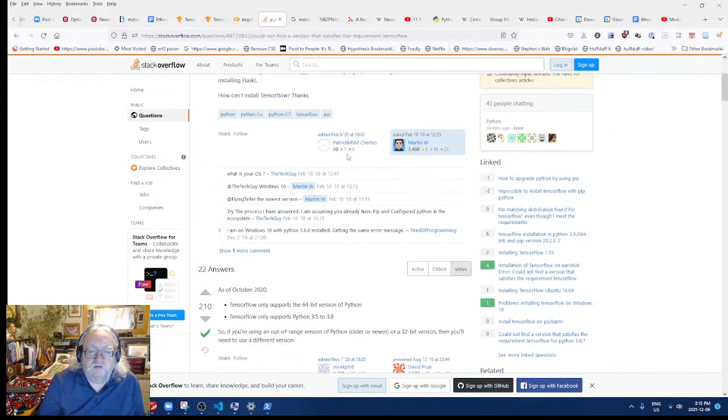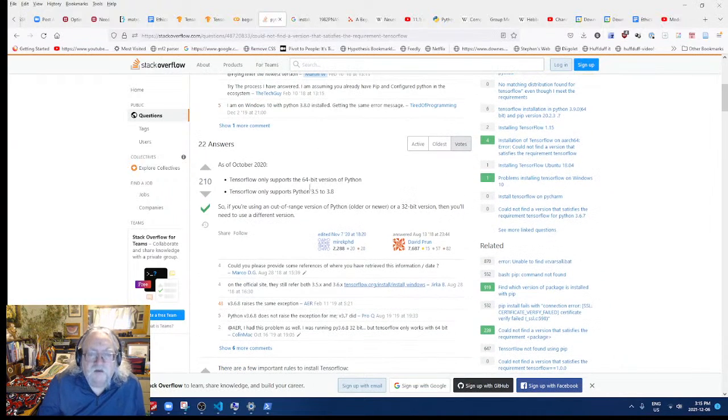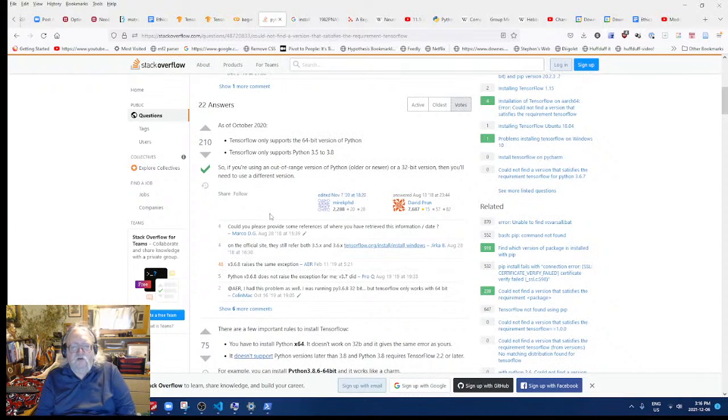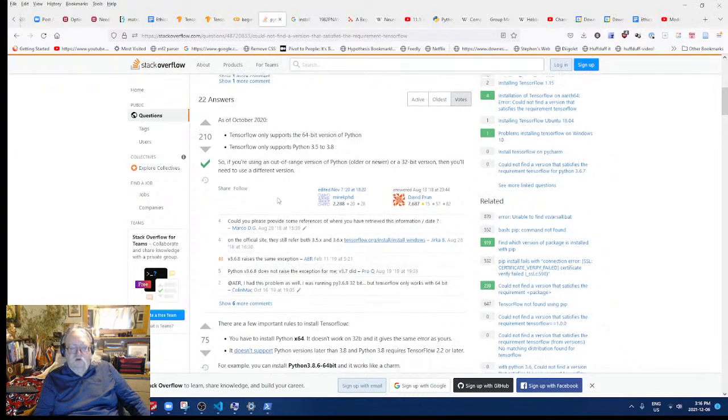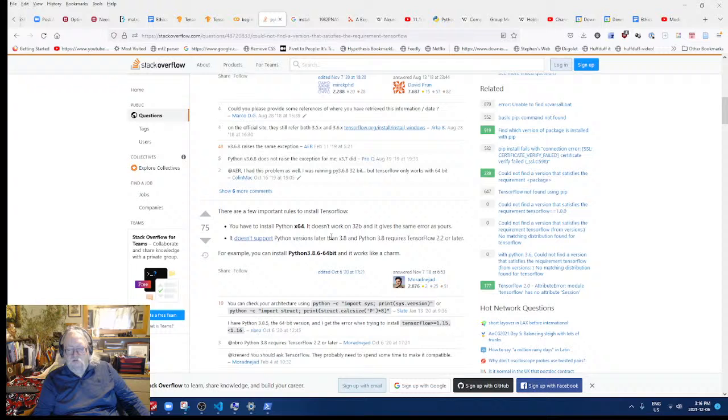All right, so okay. TensorFlow only supports the 64-bit version of Python. Okay. Only supports Python 3.5 to 3.8, and I'm on Python 3.10. 3.10, in other words.